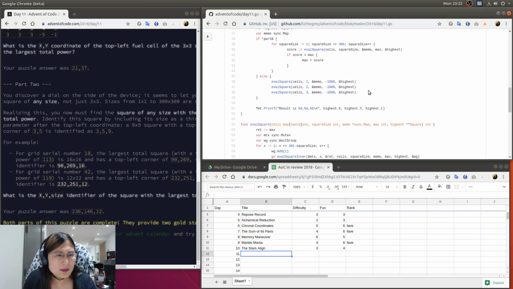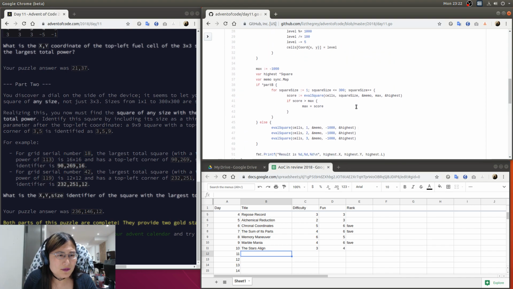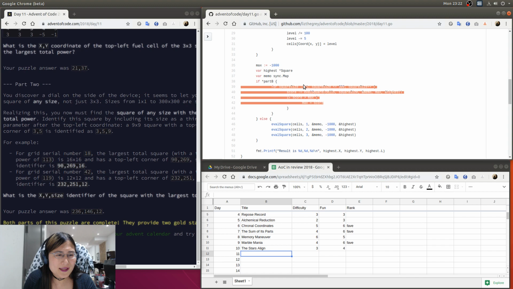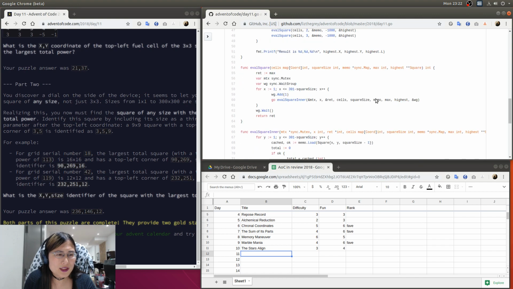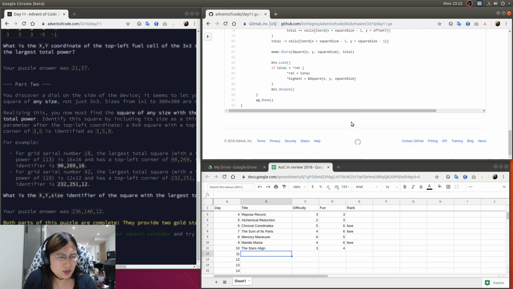So in part A, I just manually did the square evaluate 3 times, and for part B, I ran the memoized computation until I evaluated the whole, I think, 300 by 300 set of coordinates. So that's what I did. I thought it was pretty fun, not necessarily one of my faves, and I could see why it might be challenging to someone because it requires you to memoize,